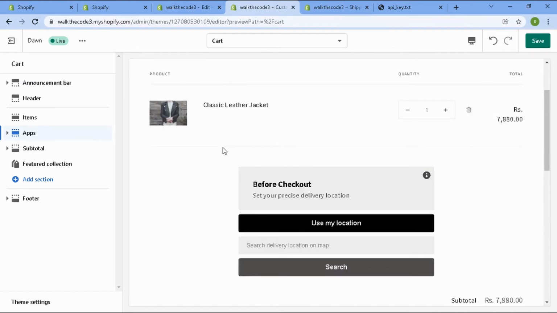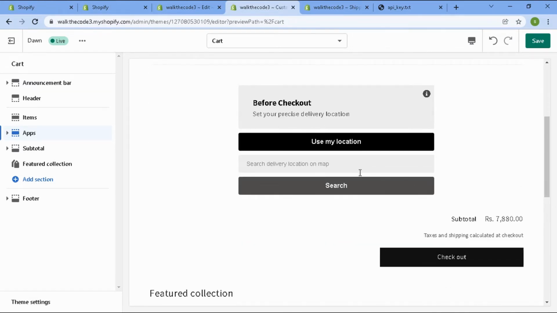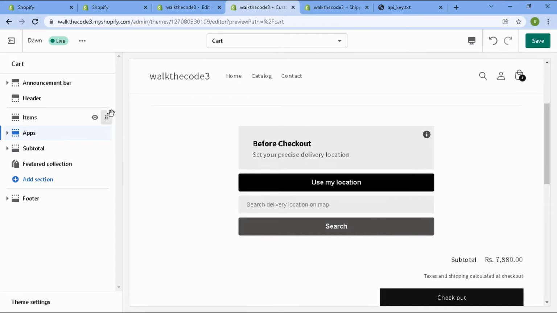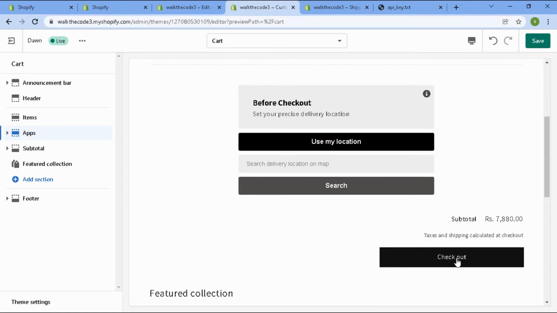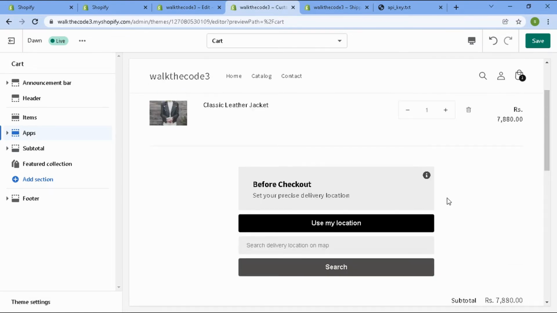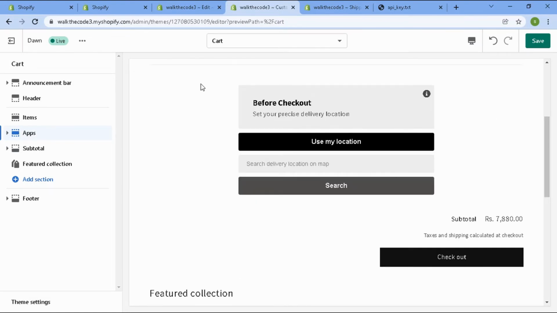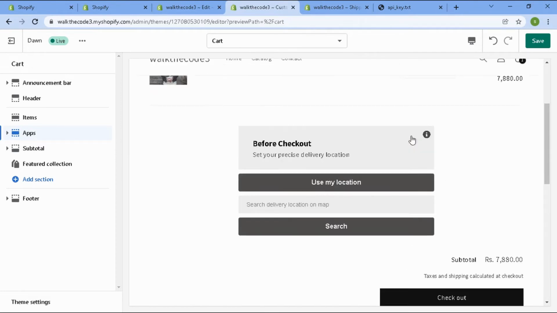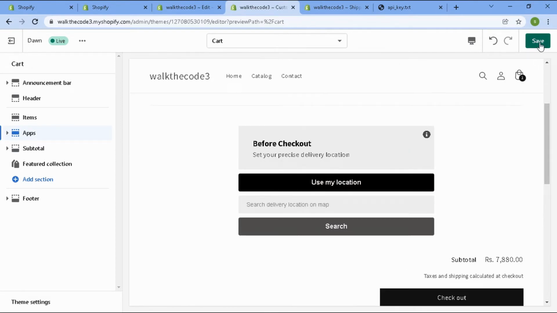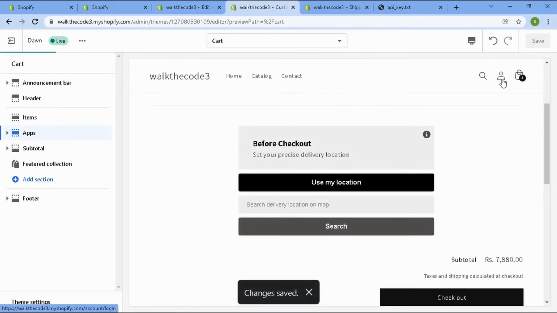So you should place it before the checkout button. So simply try positioning it at some place, but it should ideally be before the checkout button, so that users never skip this screen, so that they always see this, right? And then we would want to hit save. And that's how you set up map on 2.0 themes.